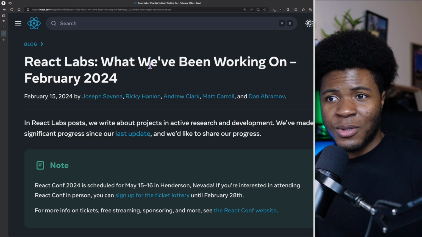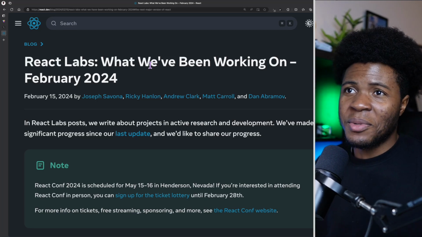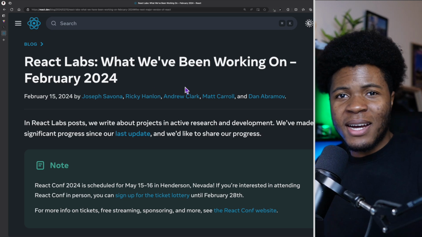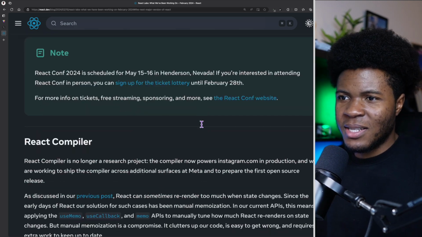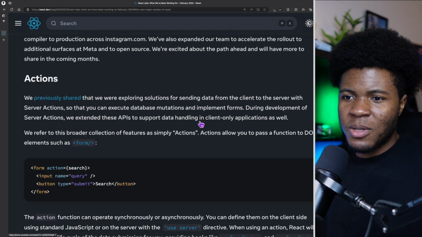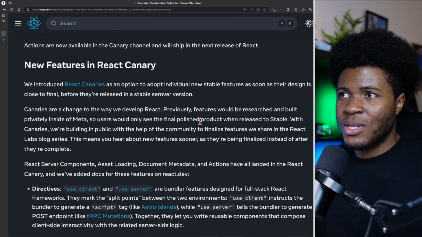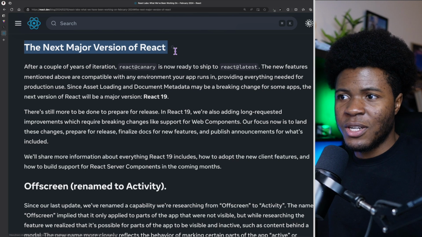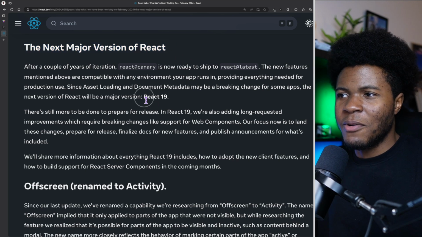You've probably seen the news, React 19 is coming. So last month on the React Dev website, we got this article talking about what React has been working on. And there has been a couple of features from the React compiler to actions and the rest. And all of these features are leading to the next major version of React, which is going to be React